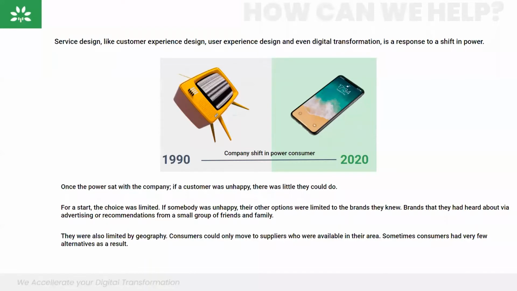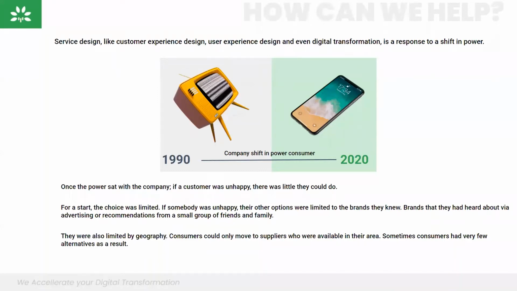So what is service design? As per Wikipedia, the definition of service design is an activity of planning and arranging people, infrastructure, communication, and material components of a service in order to improve its quality and the interaction between service providers and the users. Service design may function as a way to inform changes to an existing service or create a new service entirely.